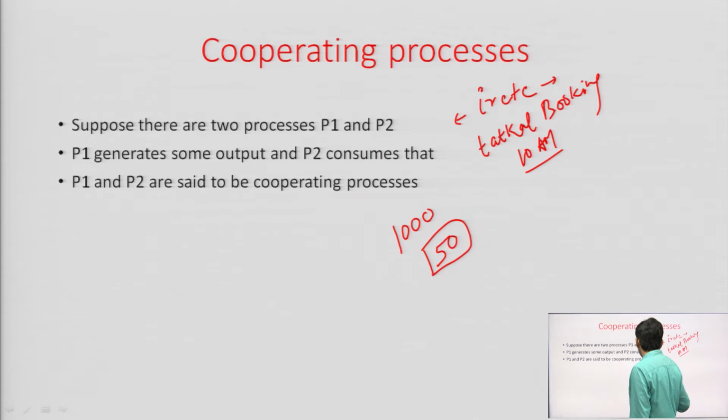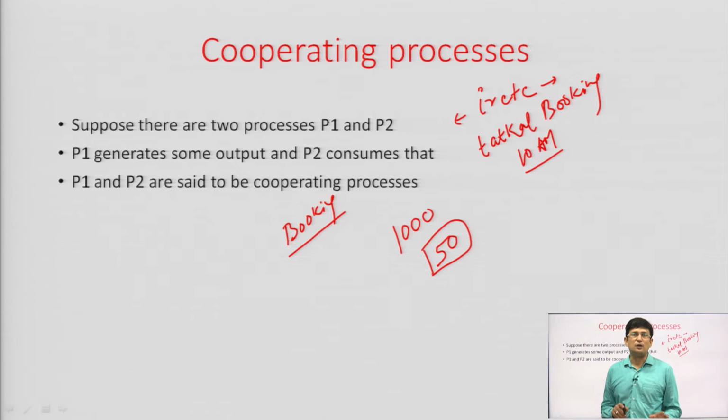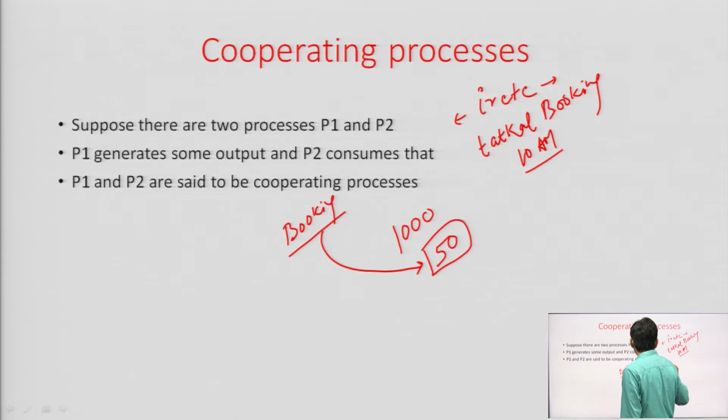So, they have a competition: whichever process or whichever person is fast will get the ticket, and the one who remains slow will not get the ticket. So, there is a competition between all those people for getting the ticket. For ticket booking, a process is generated, and all the 1000 members are actually dealing with that process only, or for all the 1000 members trying to book the ticket, the operating system will generate a process and through that process we will be accessing the seat numbers.